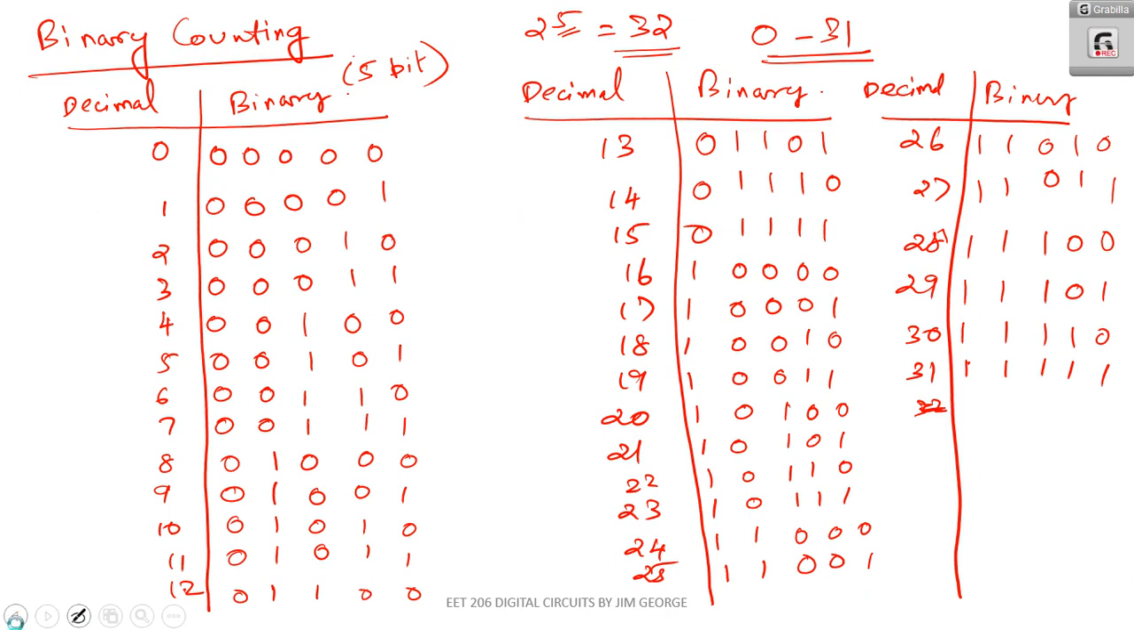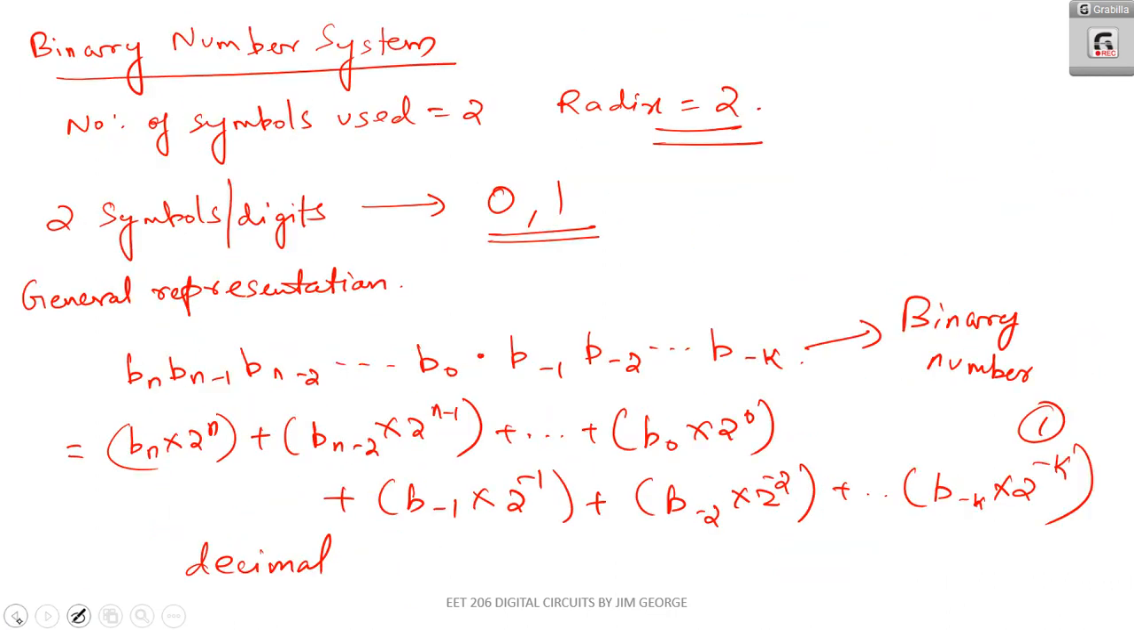To recap about the binary number system, the number of symbols used is 2. That means the radix is 2. The two symbols used are 0 and 1. The general representation of a binary number is Bn, Bn minus 1, Bn minus 2, etcetera, B naught, dot. This is the radix point. Then B minus 1, B minus 2, etcetera,